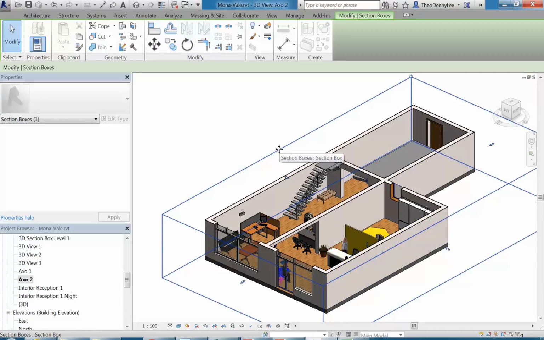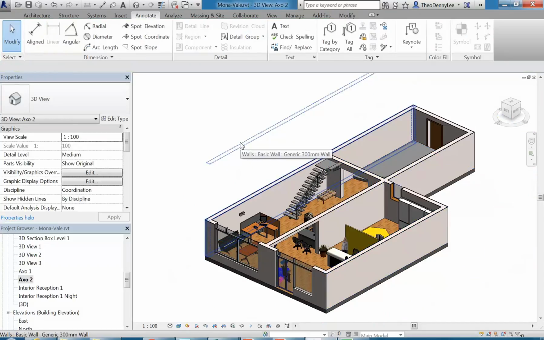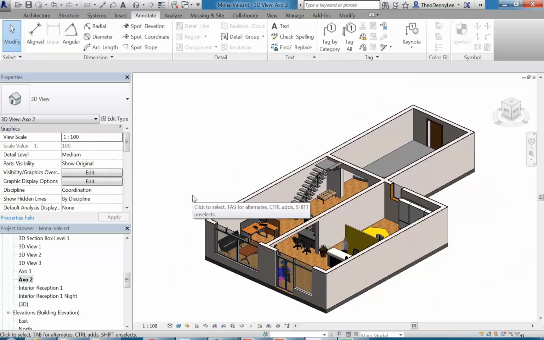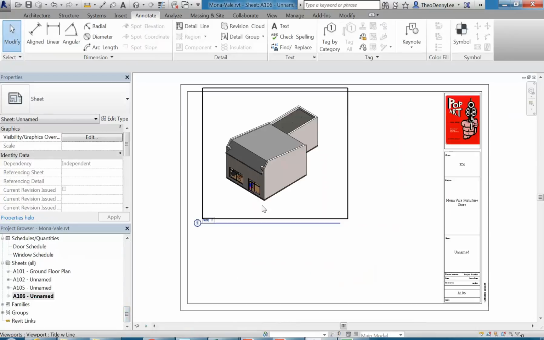And the section box itself can be hidden. So if I right-click there and then go to hide in view elements, obviously then the section box is hidden. It depends. Normally it won't show when you print, it should disappear. But it's usually just nice to see it without. Yeah. So that can go onto the page,